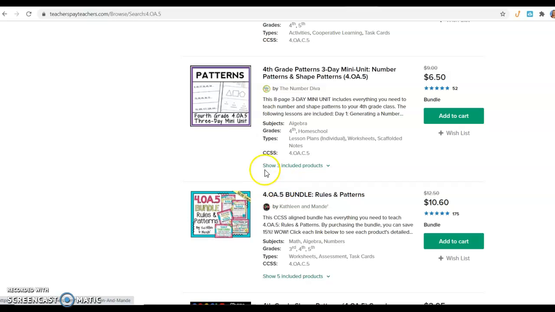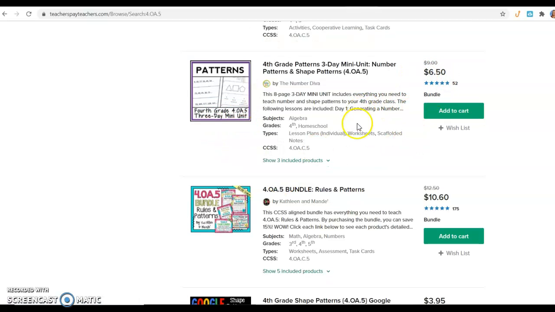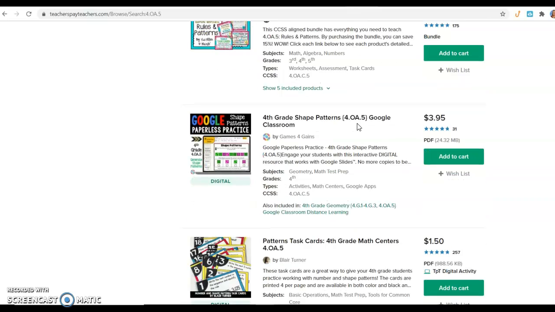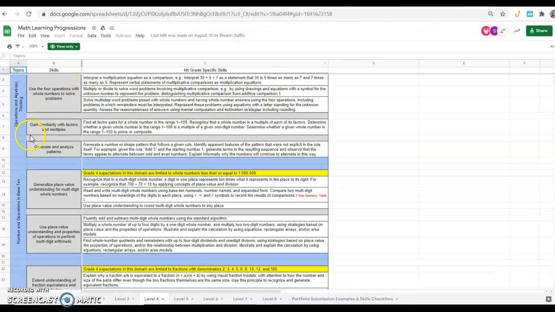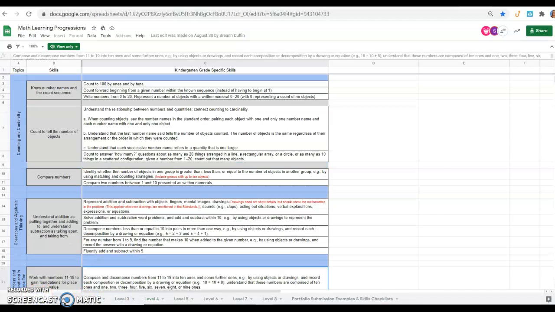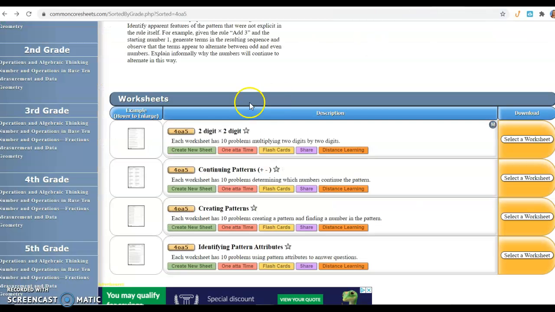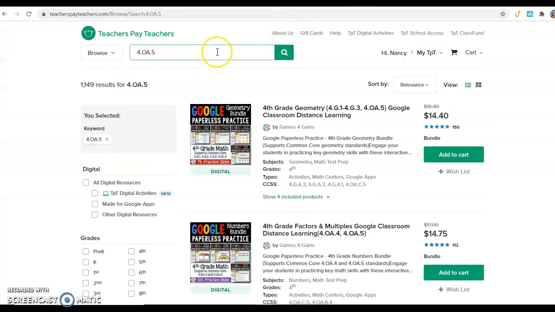There's another one with fourth grade 408.5, a 3-day mini unit for $6. So it's a simple way to type that in for any grade level. Remember, you type that in here, but you find them on here, depending on the level. So we could level K. If you're not sure what it is, look for that there. You can also go here and put that in by grade level to figure it out and use Teachers Pay